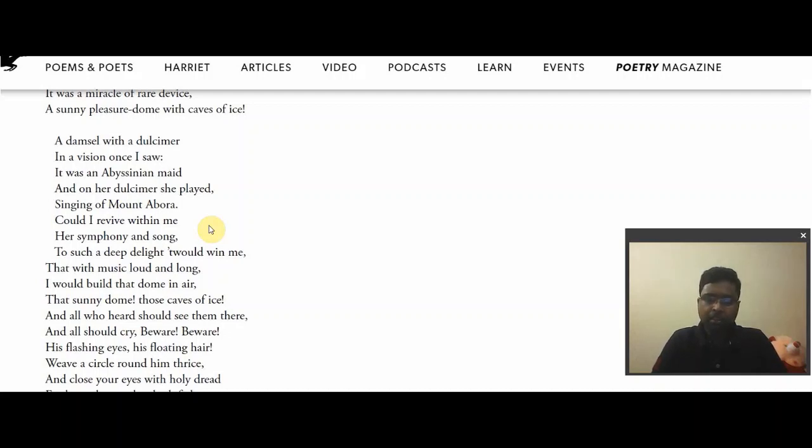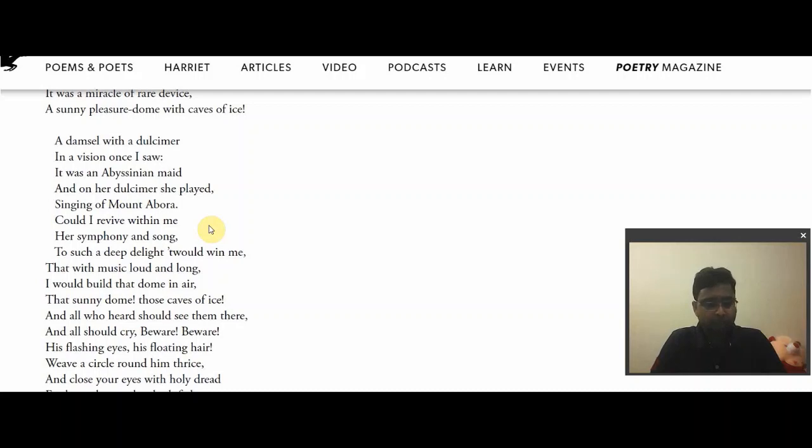Of course, these lines again take us back to Milton's Paradise Lost. These lines would take us back to Milton's Il Penseroso and L'Allegro, where the poetic persona, the poet, wished to create such a music that would win the hearts of Pluto, that would win the hearts of the mighty gods, both the mortals and immortals. So this eternal song, which was created, in reality, by